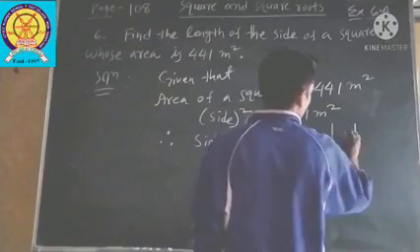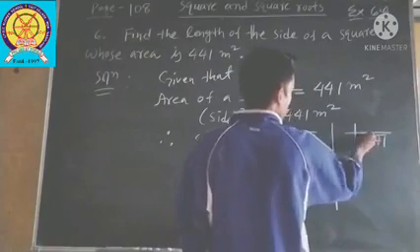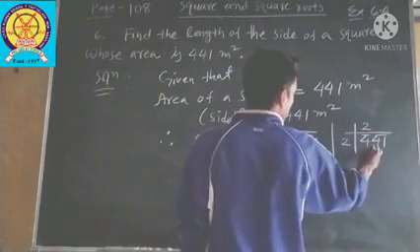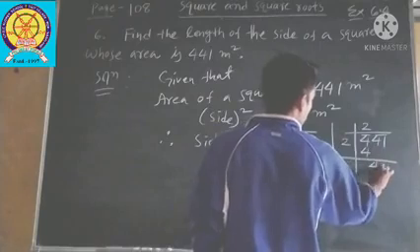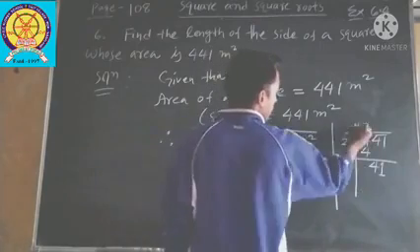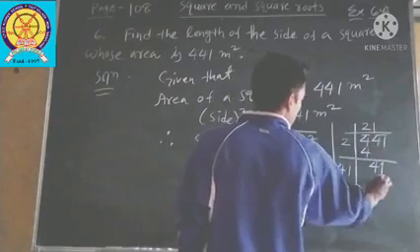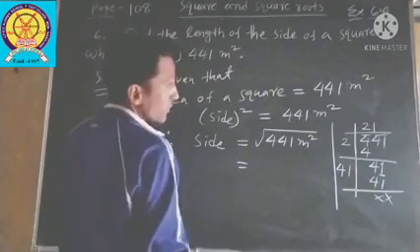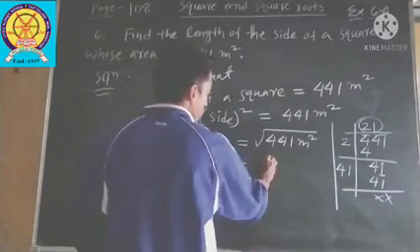So you use the long division method to find the square root. First you make pairs. First you have to give a quotient for 4. We know 2 twos are 4. 4 minus 4 is 0. Now you bring down the next pair, 41. To get the next divisor, you double the first quotient: 2 times 2 is 4. Now you can give one time. 41 ones are 41. It's very simple. We have no remainder. That means the square root of 441 is 21.